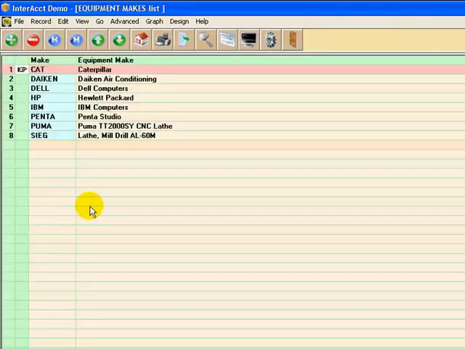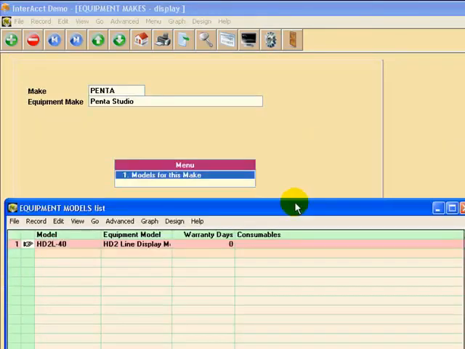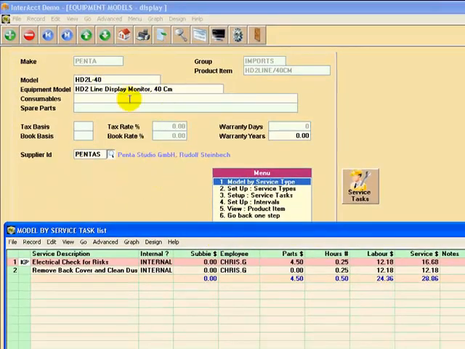In the same relationship to equipment types, we've got makes, and we've got an example here, a particular make, and this is all the different models under that particular make. And of course, you can have any number of models, and then for each model, which we're looking at here, you can break down typical service tasks that you might have as well. All right, in this case, we've got